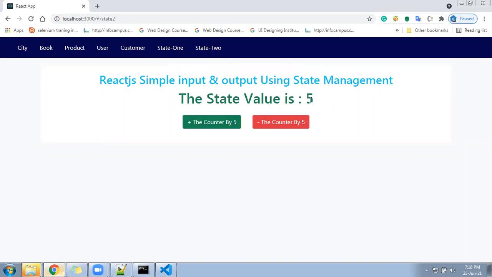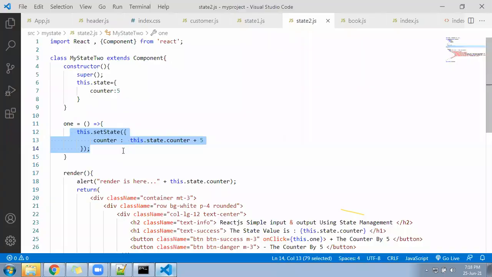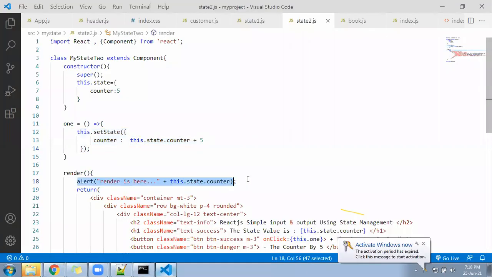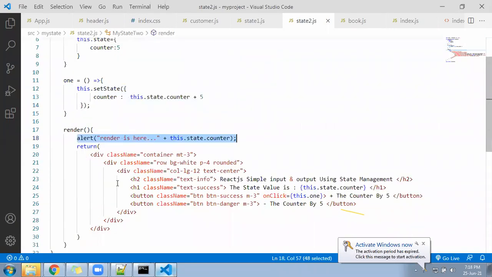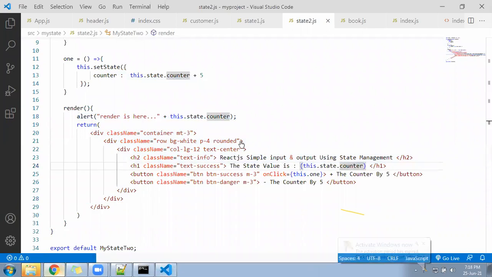5 has come. The default value is how much? 5, right? The default value is 5. When I click on the button, what will happen? Let me click here on the button. You can see what the value of the counter is: 10. 10 is coming in the alert at this place. Once I click OK, the compiler will move next and execute this section, and then it will again give 10. Let me go here and click OK.